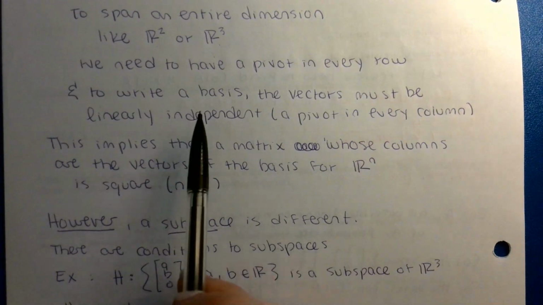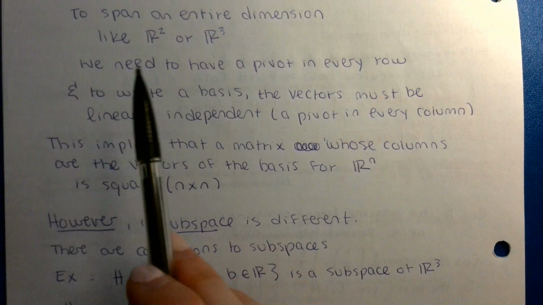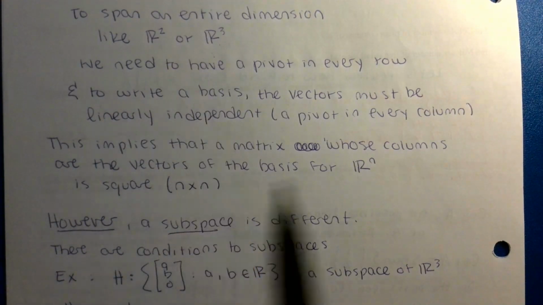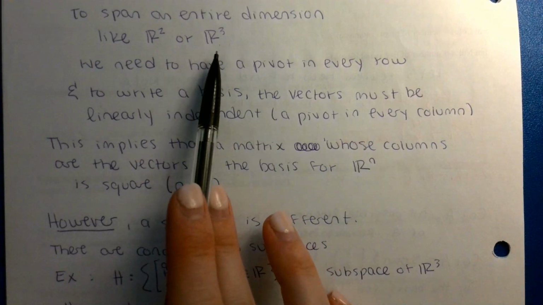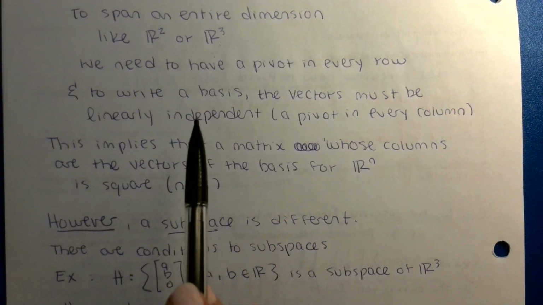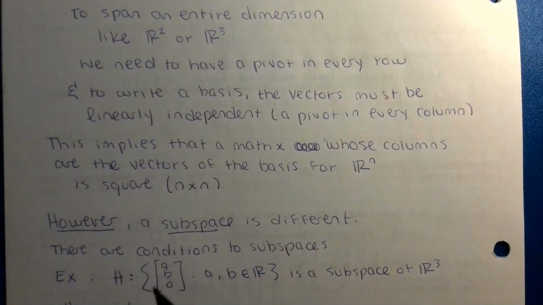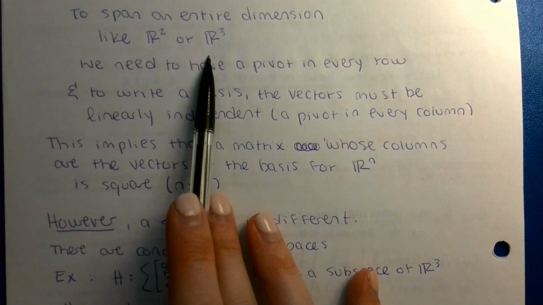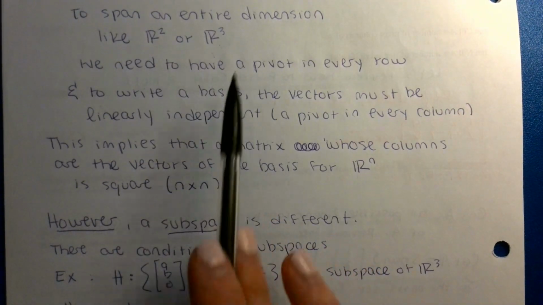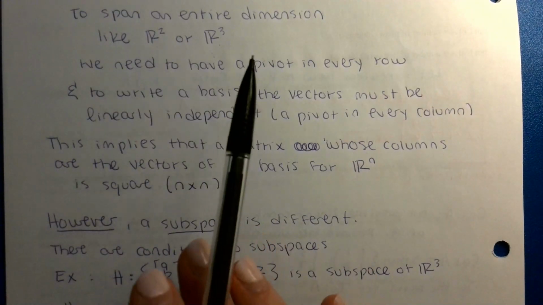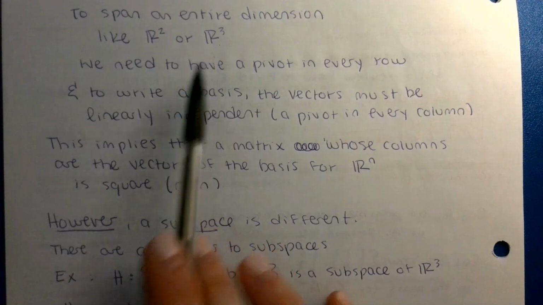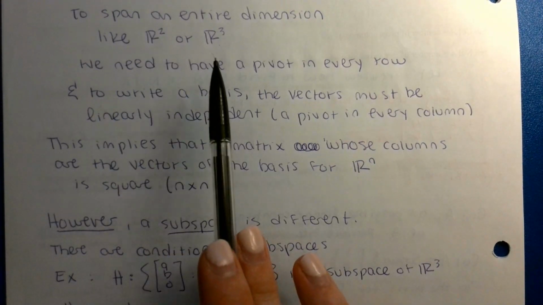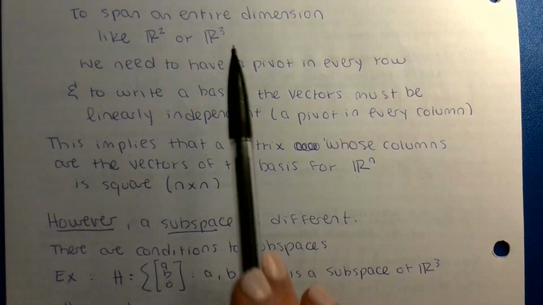Therefore, a basis for an entire dimension like R2 or R3 has to have 3 vectors for R3, or let's just say n vectors and n entries. The same number of vectors as it does entries. Okay? We're going to assume that I'm not using vectors that are in R3 like 1, 0, 0 and 0, 1, 0 to span R2. Okay, we're just going to stick with vectors in R3 that are spanning R3. Vectors in R2 that are spanning R2. Okay, so in order to span R3, or to write a basis for R3, I need to have exactly 3